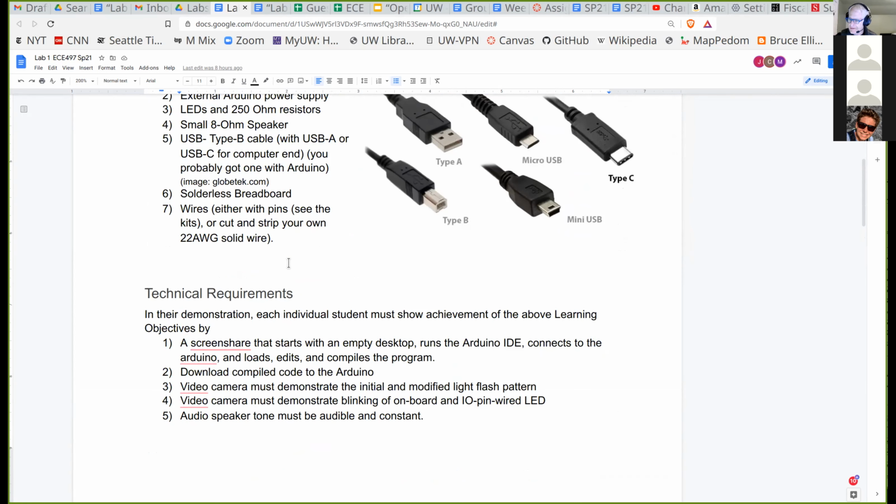I actually have found that, we talked about wire strippers and wire, and these come with the kits. They're sort of convenient, and I know a lot of students like to use them, but I have to say the ones I got recently, some of these pins don't even fit in the proto board, the breadboard very well. But if you use wire, it always fits. So I guess I'm biased, but anyway,